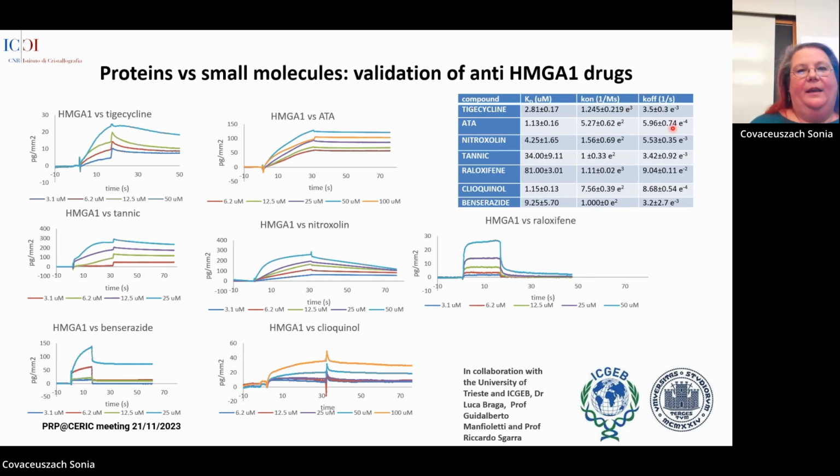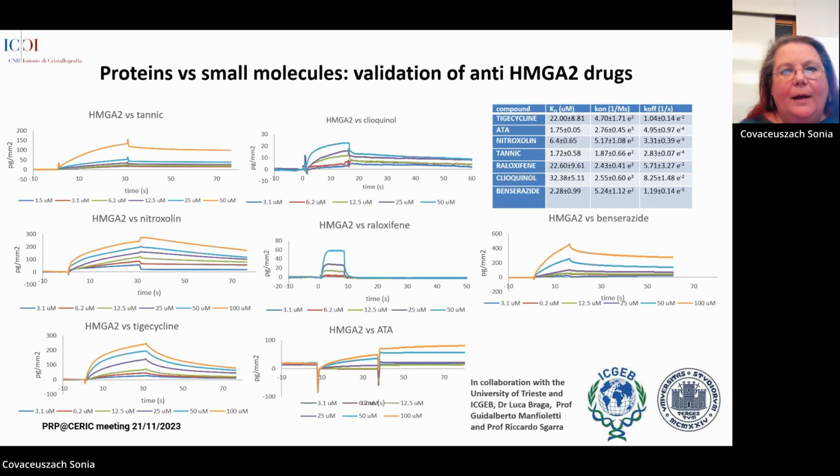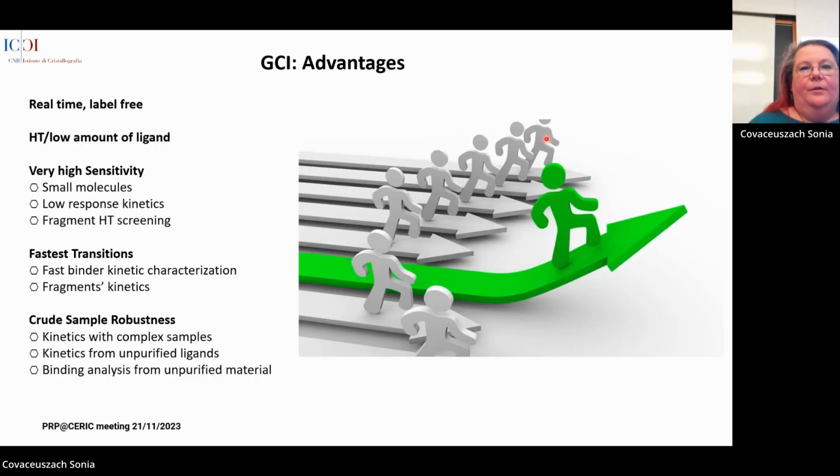the affinity and the kinetics of 7 compounds for each protein, obtaining KD in the range from 3 to 8 micromolar for HMGA1, and from 1 to 32 micromolar for HMGA2. So